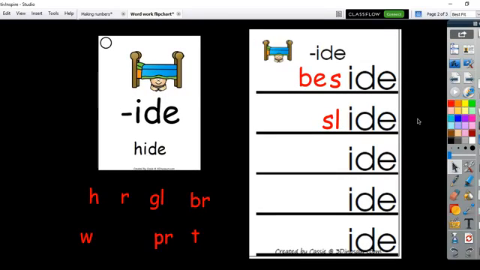Excuse me. My voice doesn't want to work today. Slide. So we would add the SL blend, sl to ide, and we would put it together, and it makes slide. Slide. So we've made beside,